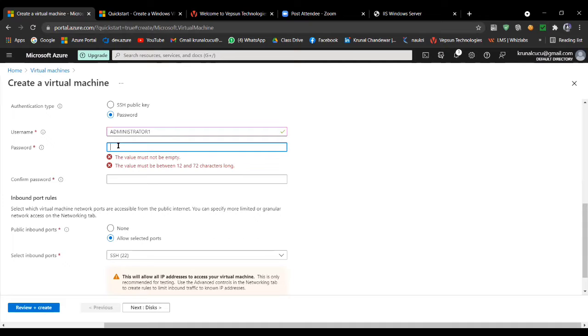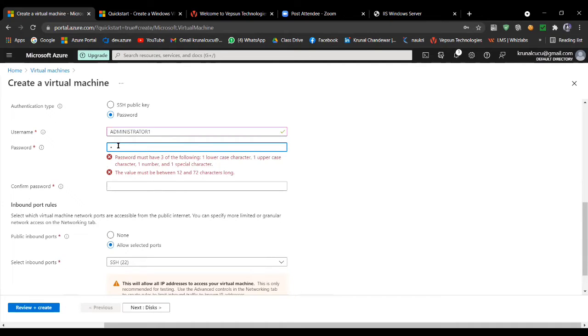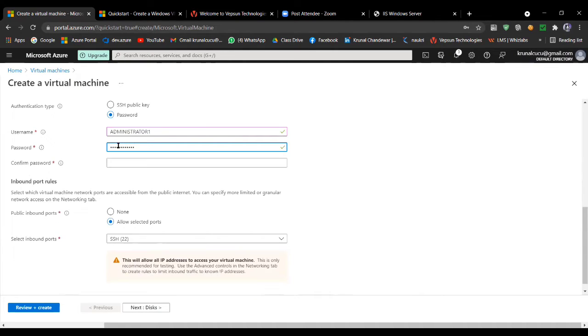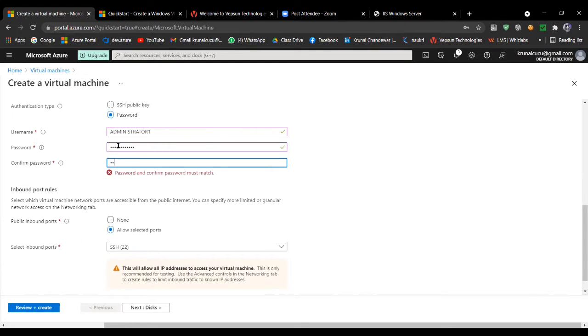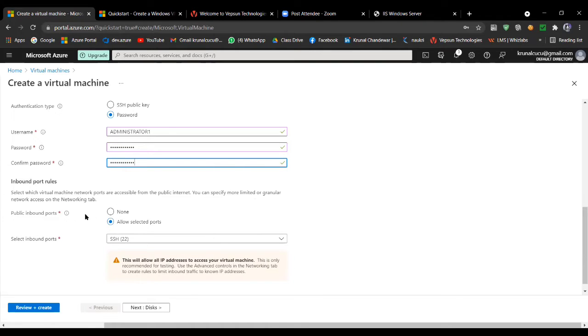Okay, after that I am giving the password. Okay, again I am giving the password. Okay, so now this is done. I selected the type of my authentication as password.